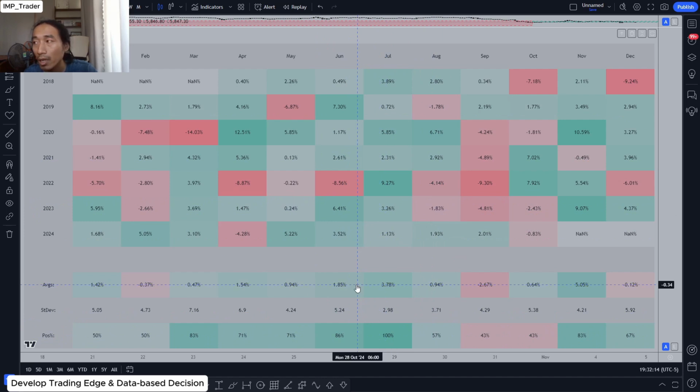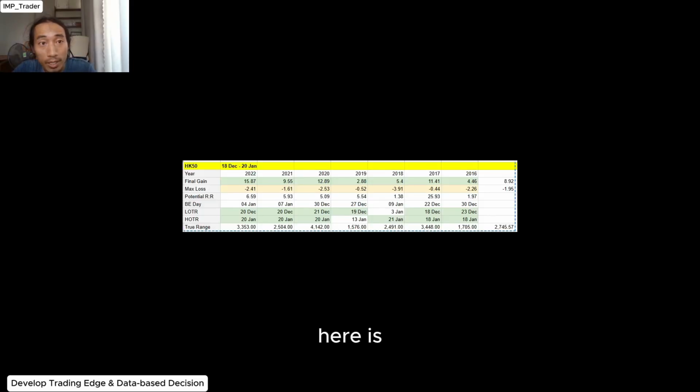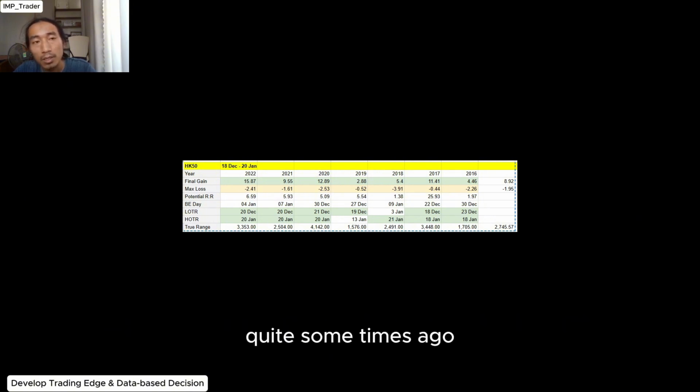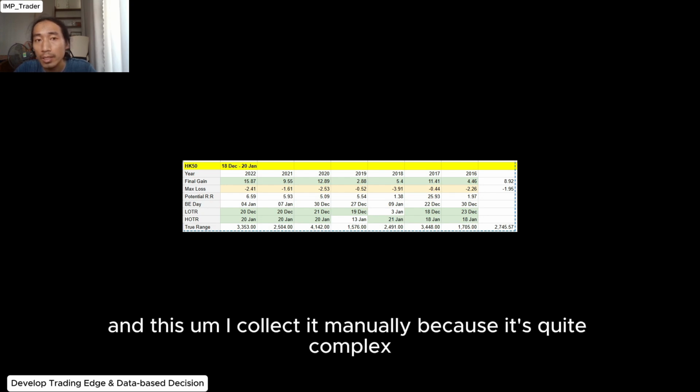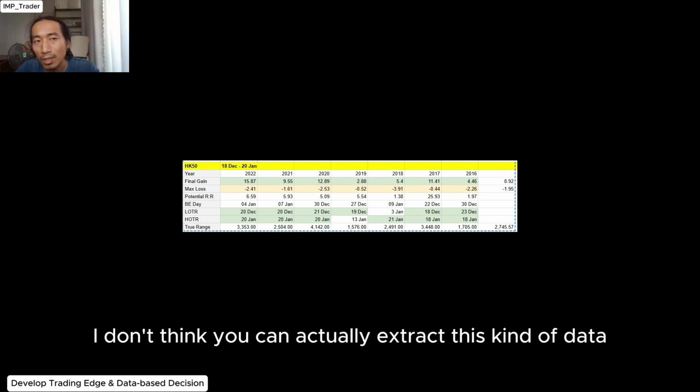We're not even talking about chart patterns or other factors like fundamentals and so on. Here is another extremely interesting piece of data that I collected quite some time ago. And I collected this manually because it's quite complex. Unless you are quite good at coding and developing, I don't think you can actually extract this kind of data